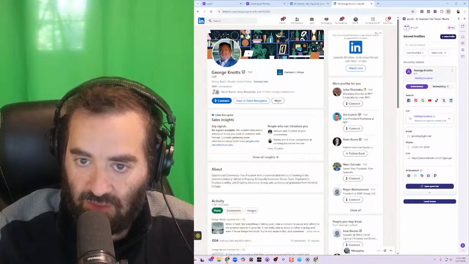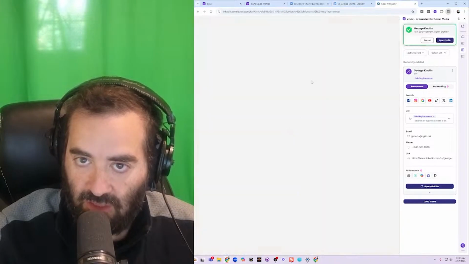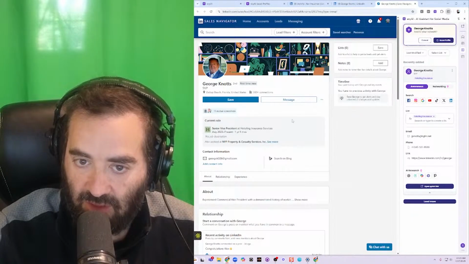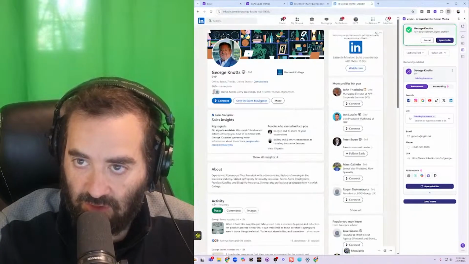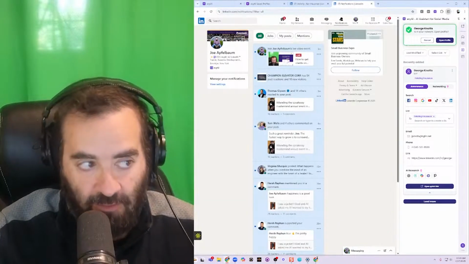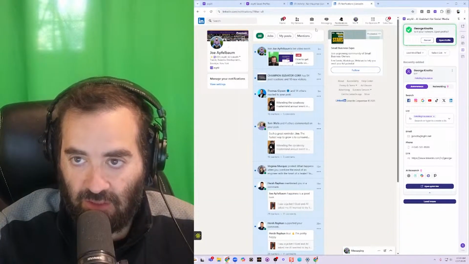Now, if I want to message him, I can click the More button and click Message. That'll open up Sales Navigator, and then I could use up a credit to message him. But in this case, I don't need to do that because I have his email and his phone number. I can send him a text message, and I can avoid using a credit just to be able to message this guy named George. But I see that he engaged on a post, so he's actively using LinkedIn. That's powerful. Him actively using LinkedIn is a powerful way for me to know who I can connect with and